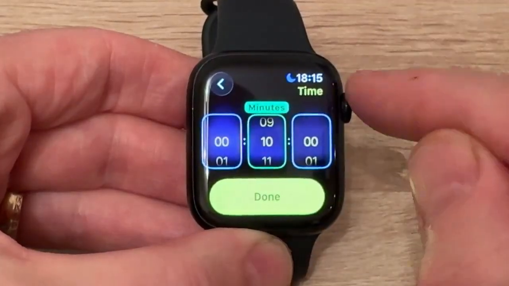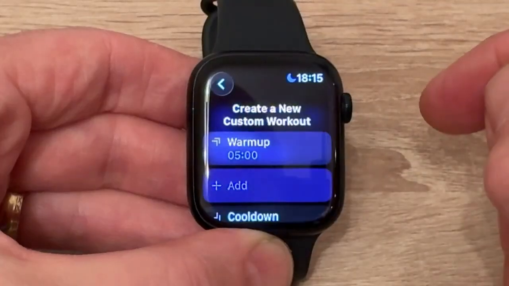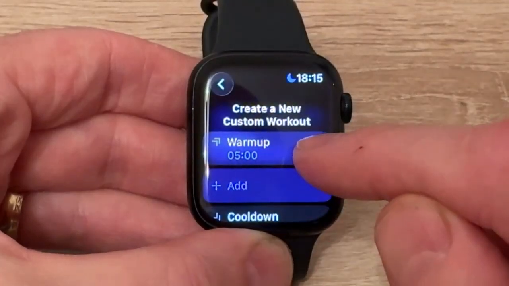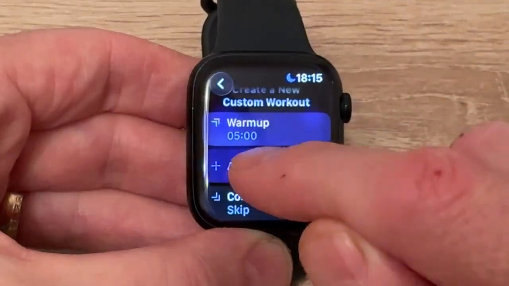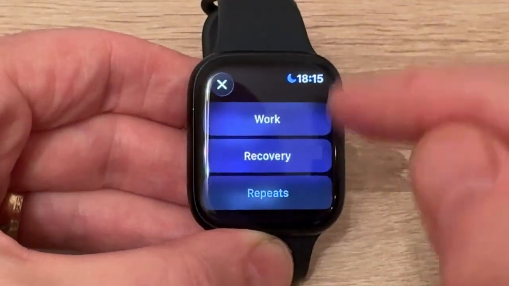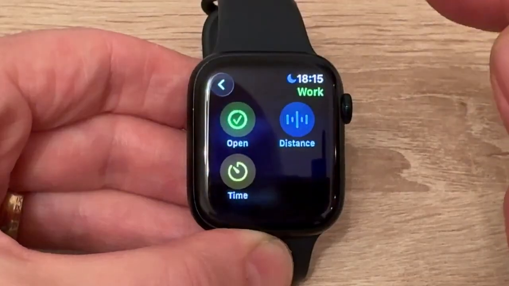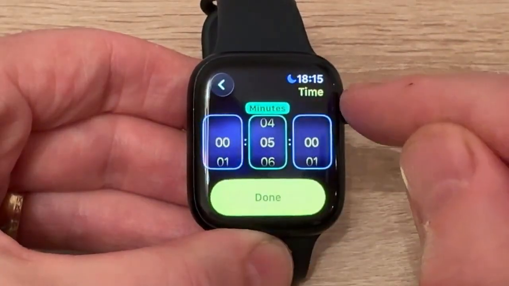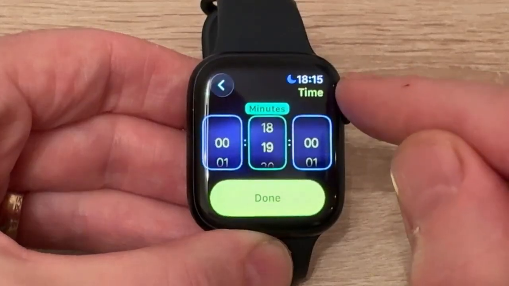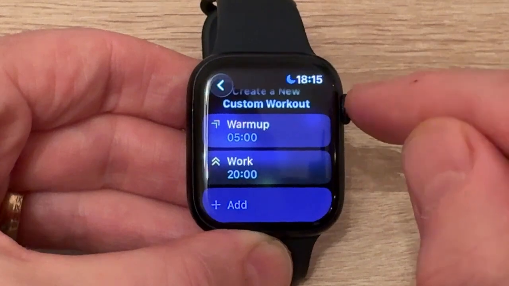And we're going to select minutes and go down to 5 minutes. Hit done. Now you'll see we've got a warm-up of 5 minutes. Then we're going to do a 20-minute run. So we add, and this will be work. It's not recovery, so it's work. And it'll be time-based again. But this time we're going to run for 20 minutes. Hit done. Then finally,